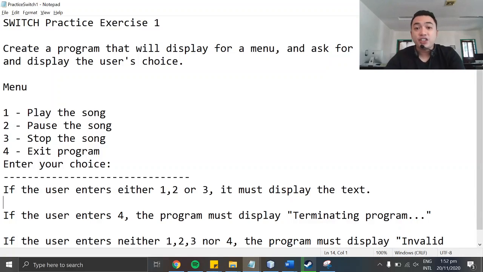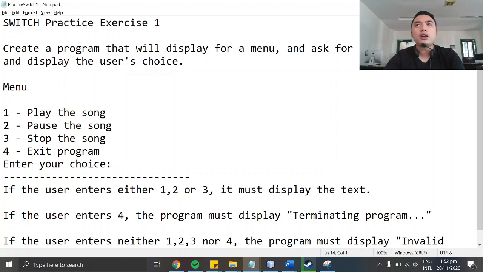Okay, so you have learned how switch statement works. And you also learned the syntax of the switch statement. So basically, what we'll be doing right now is to write a code related to switch as an exercise.